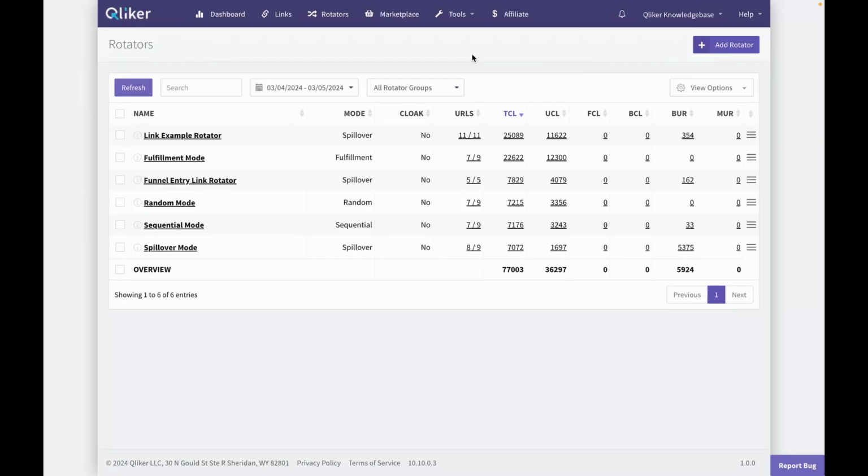Welcome to our tutorial on randomizing rotator links for dynamic link distribution. Are you ready to introduce variability into your link rotation strategy? In this video, we'll show you how to randomize rotator links, allowing you to optimize the distribution of clicks across